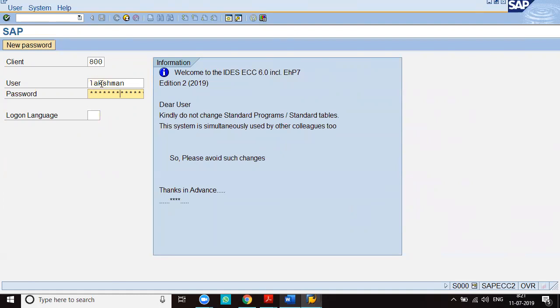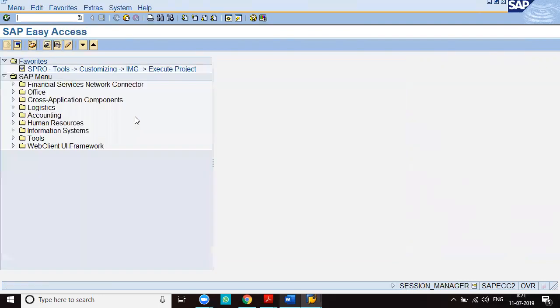You cannot see the password there except the cursor movement. Then language is not compulsory. Even if you don't enter any language, the system default takes you to English. For English, if you want, you can enter EN. After entering all these credentials, you just click enter. Now you are logged into the SAP server.